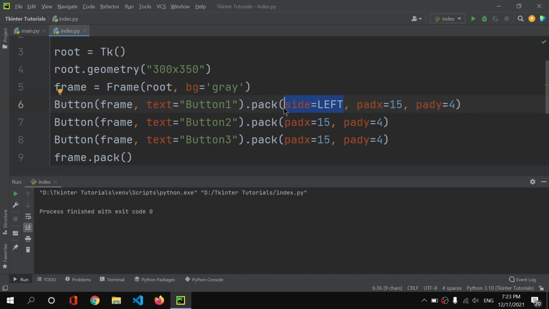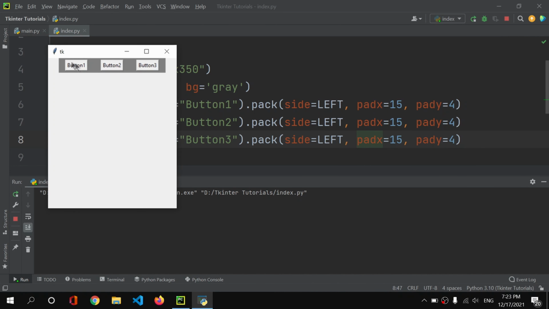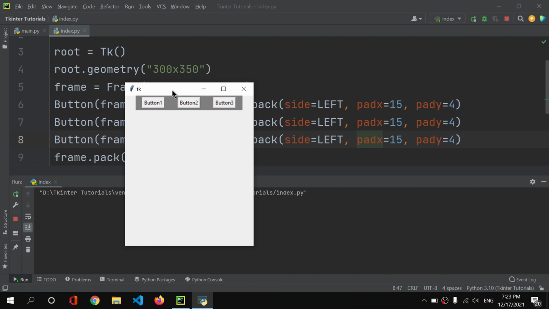Similarly I will copy this and paste it here as well. Now if I run it, you can see we have 3 buttons aligned horizontally in a separate frame. Just like that we can use this side property on our buttons and on all those widgets.